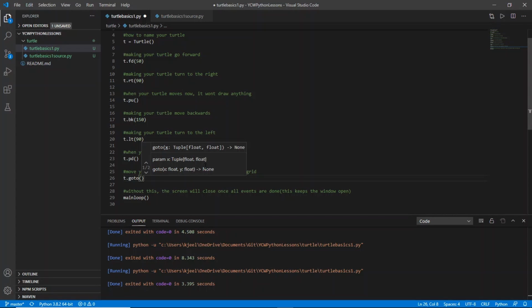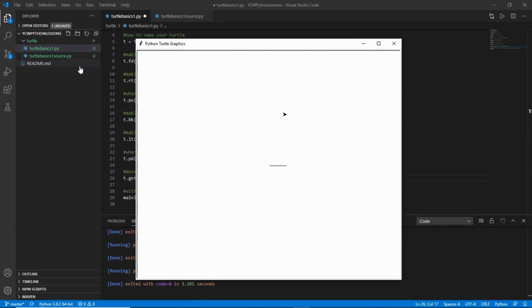Basically, I'm just going to teleport. It's like teleporting, right? You still draw, okay? Here's the thing. If your pen is down, you can still draw while teleporting, right? I call this teleporting. You're basically just moving to a position on the coordinate plane. So let's run this. And as you can see,